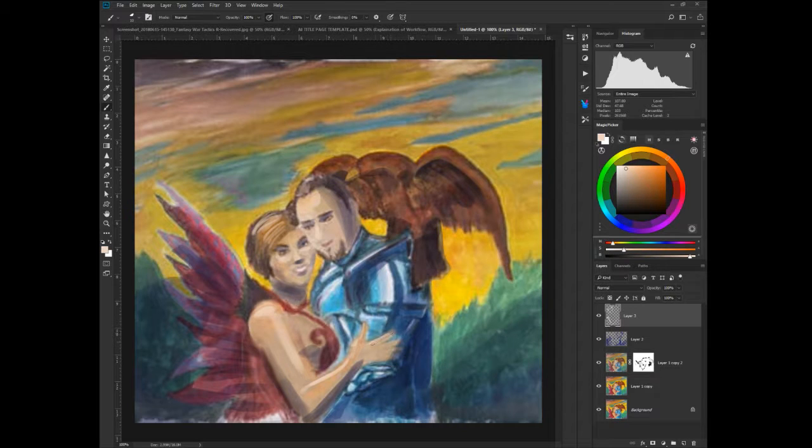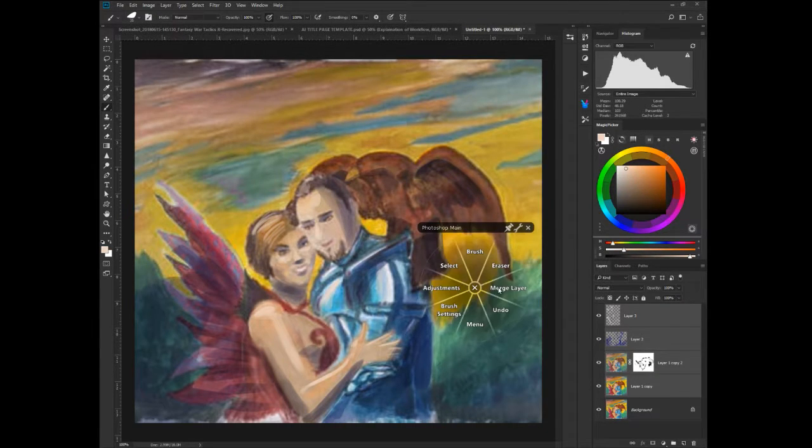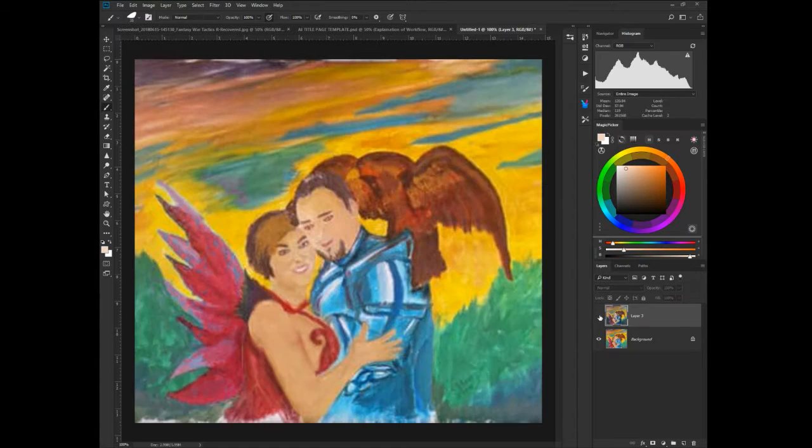One aspect that I would tell you is just keep pushing the lights and darks. Because right now, if I grab these right here and merge this layer, you've got solid, saturated colors with no real